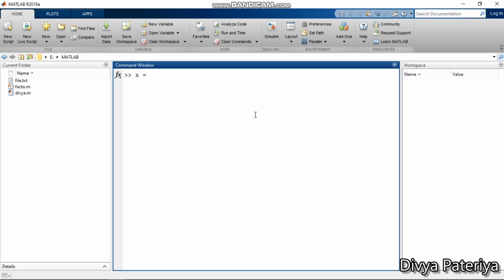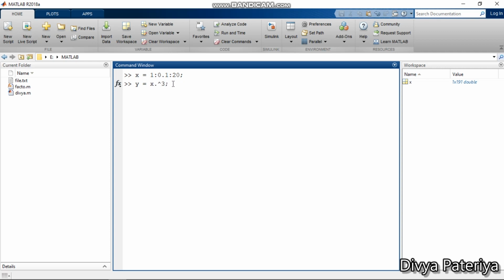Now consider I want my x vector to start from 1 and I want to provide it an increment of 0.1 and I want it to go till 20. Now to suppress the output, I will give a semicolon and then proceed for the next line. Now suppose I want my y vector to be cube of x. So what I will write for that is,